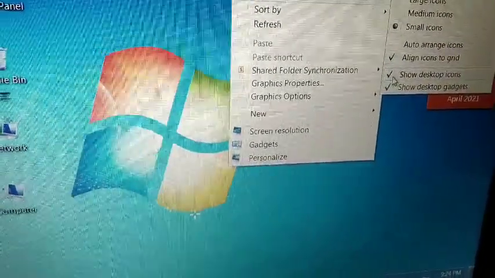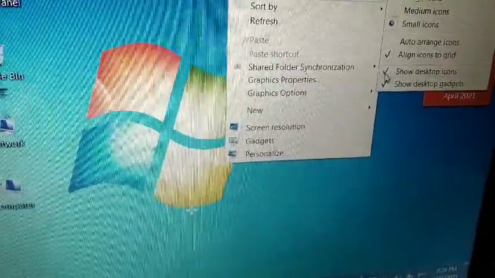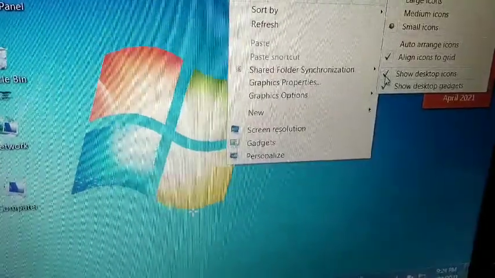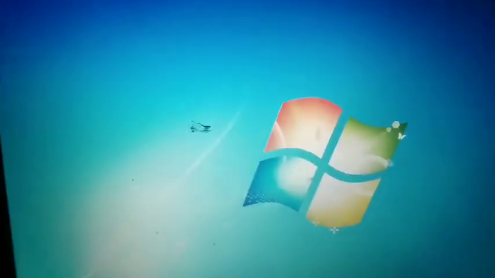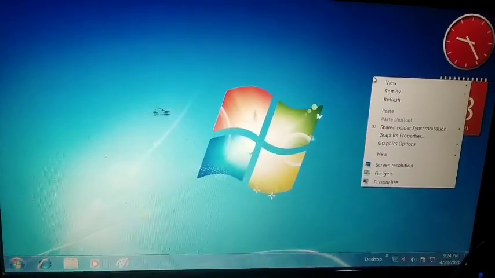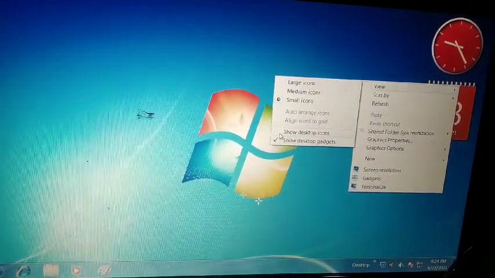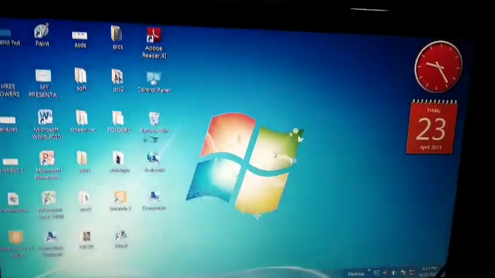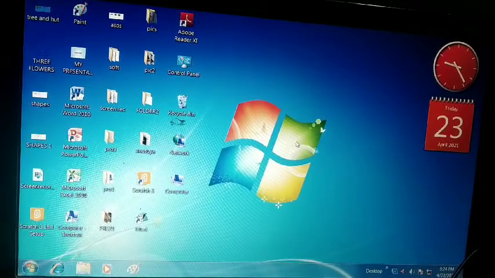There is a tick mark; when you click on it, the tick mark will be removed and icons will be removed from the screen. See, again removed, no icons are here. To bring these icons back, go to View and click again on Show desktop icons. I hope you understood now.